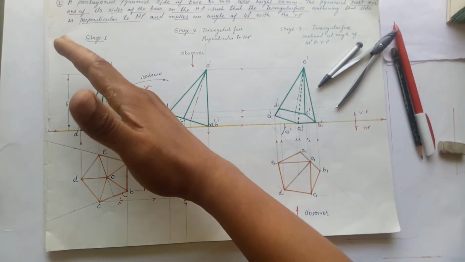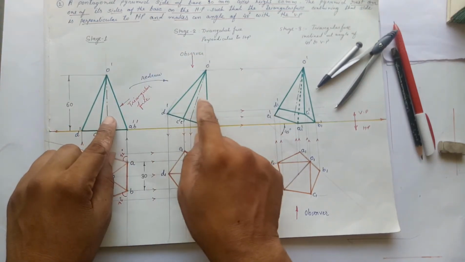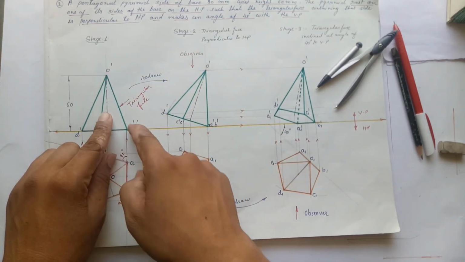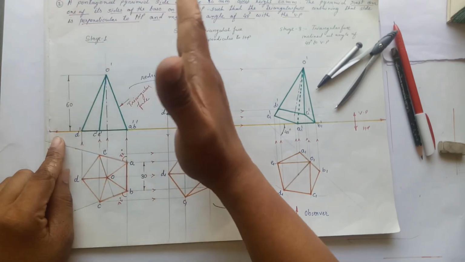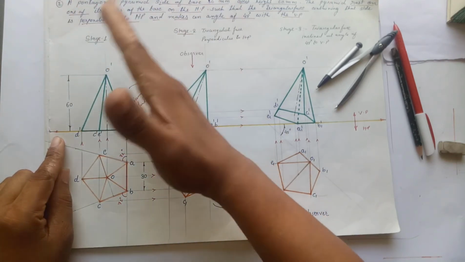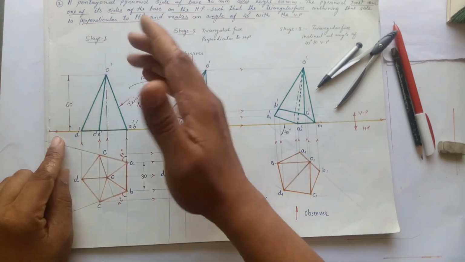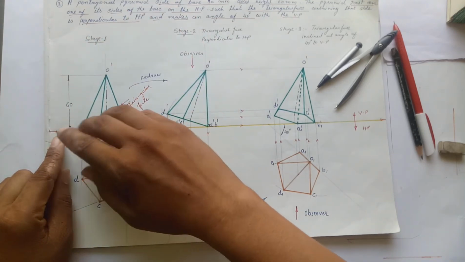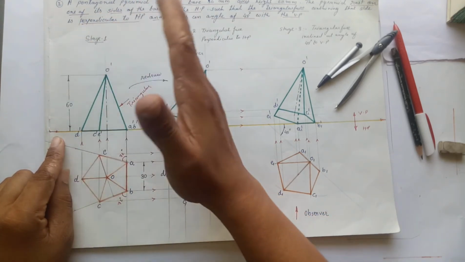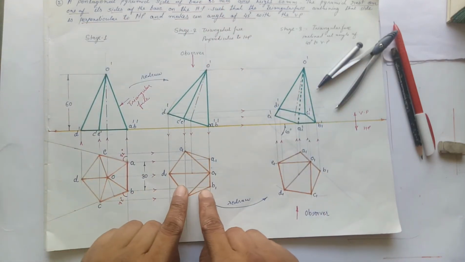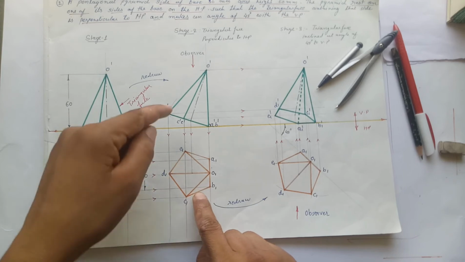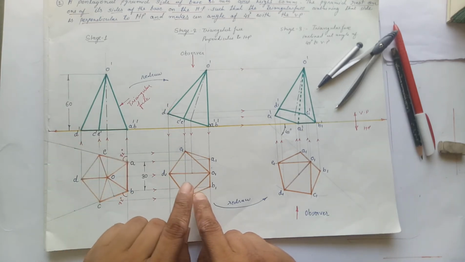For that, observe the elevation and observe the right hand side of the elevation, starting from this position up to the position of the perpendicular. So starting from this position and up to the perpendicular position, all the base edge and all the slant edge in the plan are going to be visible.